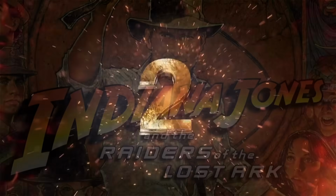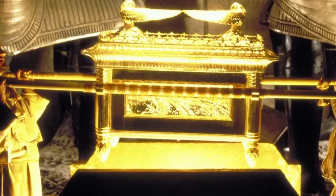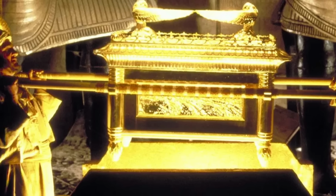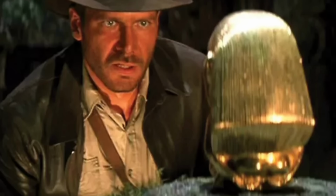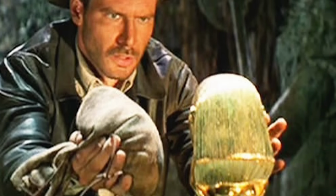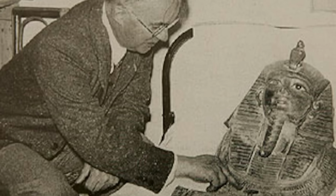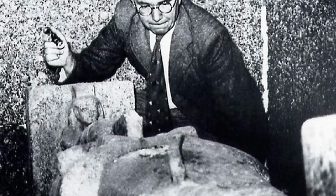If you've ever seen Raiders of the Lost Ark, which I surely hope you have, you probably remember Tanis as the city where the Ark of the Covenant was supposedly buried. In the movie, it's this mythical sand-swallowed place full of curses and lost treasures. But what most people don't realize is that Tanis was real, and what archaeologists found there was just as wild as the legend. Found in the Nile Delta, Tanis was an actual ancient Egyptian city, once the capital of the